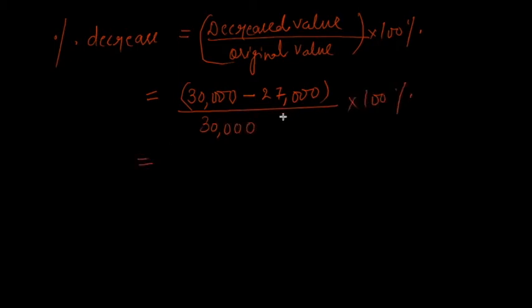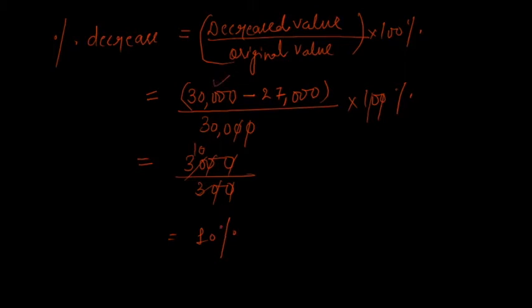So 30,000 minus 27,000, if you cancel these two zeros here, we can do that. How much is it going to be? 3,000 upon 300, right? 1, 2, 1, 2 and 3 tens are 30. Again it is giving you 10%. It means when 30,000 was the price and it has become 27,000 now, the price has dropped by 10% over 2 periods. So we can calculate it both ways. I hope this concept is clear to you.